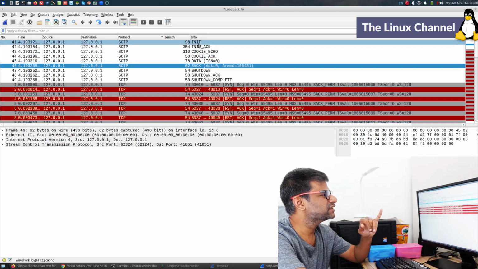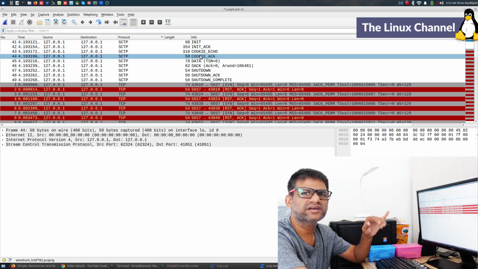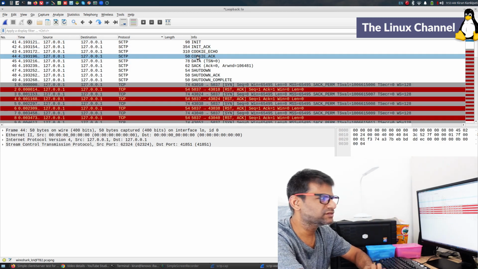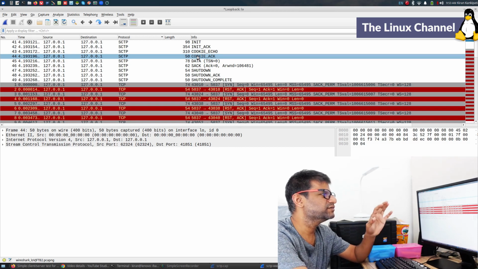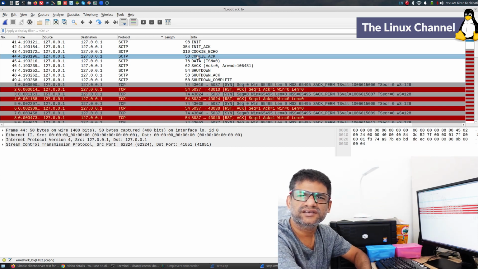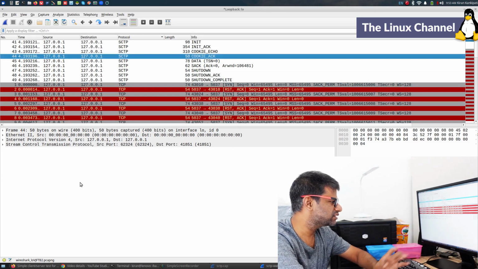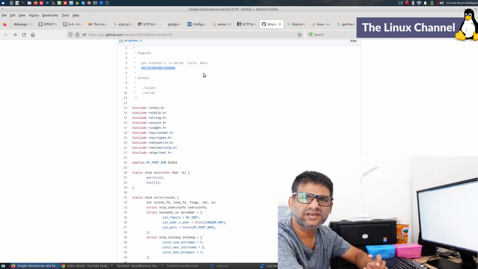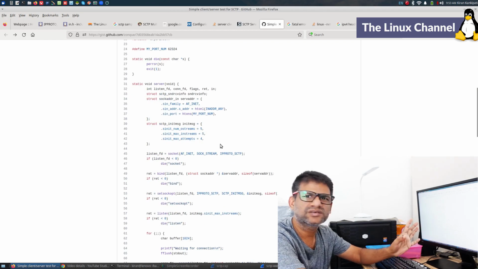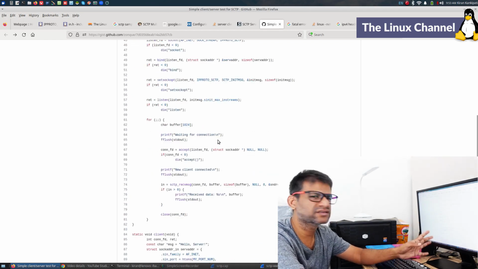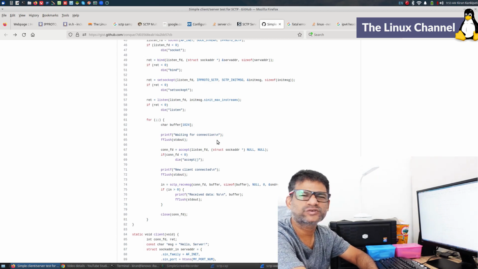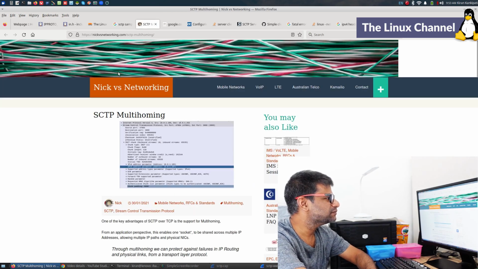And in this case for the connection it is sending 4 packets to and fro, so totally 4 packets like this. That's what the 4-way handshake jargon actually is, which is again a little different from TCP. So what I do is I share this GitHub link, and you too can download and compile, and if you want to do some research, perhaps you can do it on this code. Of course it is not written by me, but I'm saying so. So this is what it is.